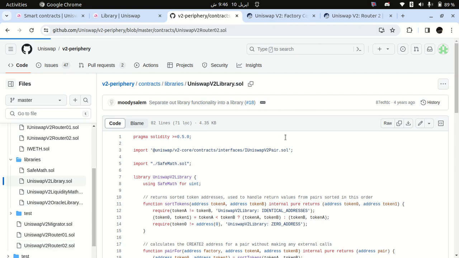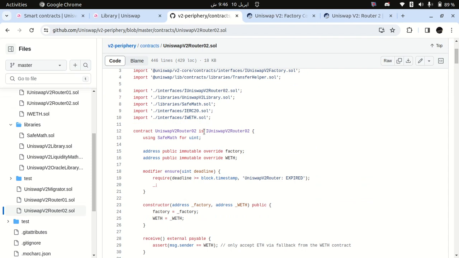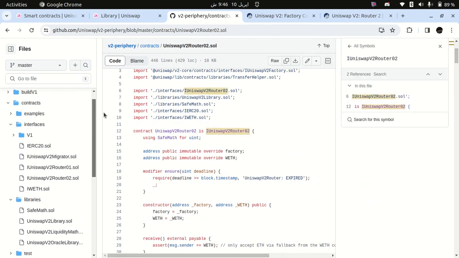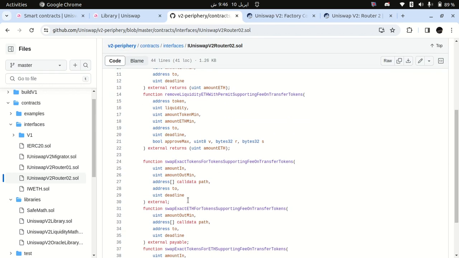If I go to the router contract, this has the interface IUniswapV2Router. If we go inside the router interface, this is the interface IUniswapV2Router02. So liquidity interaction, remove liquidity from the pool,